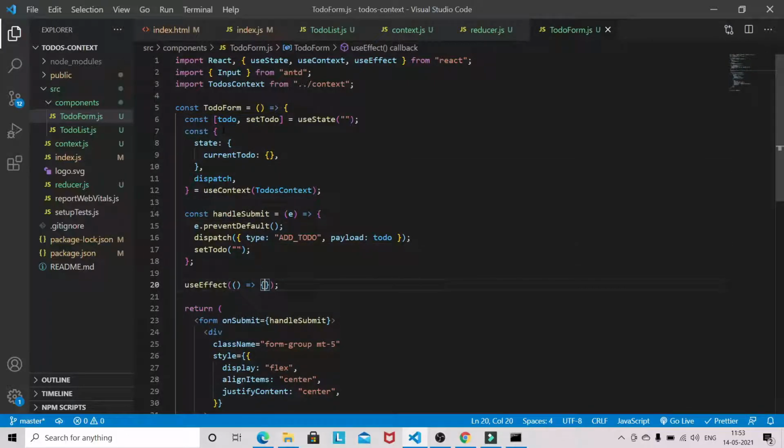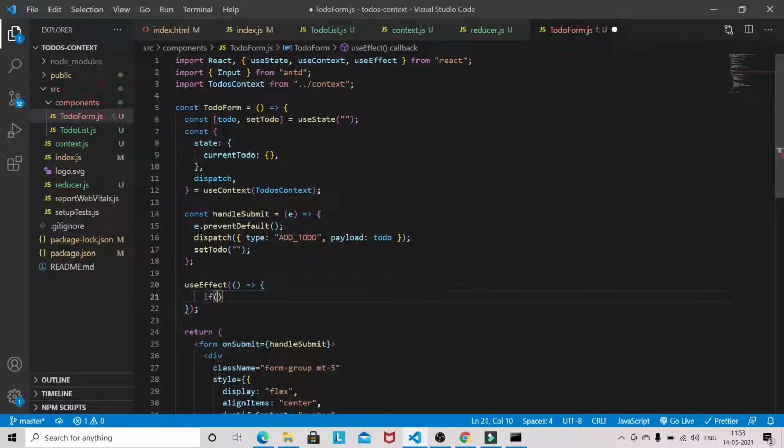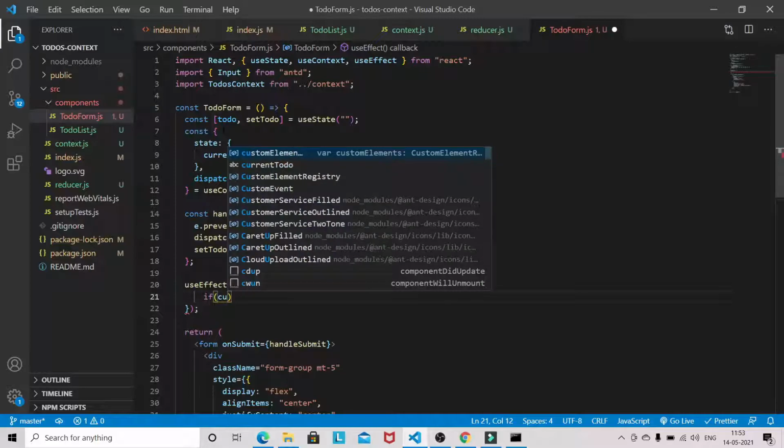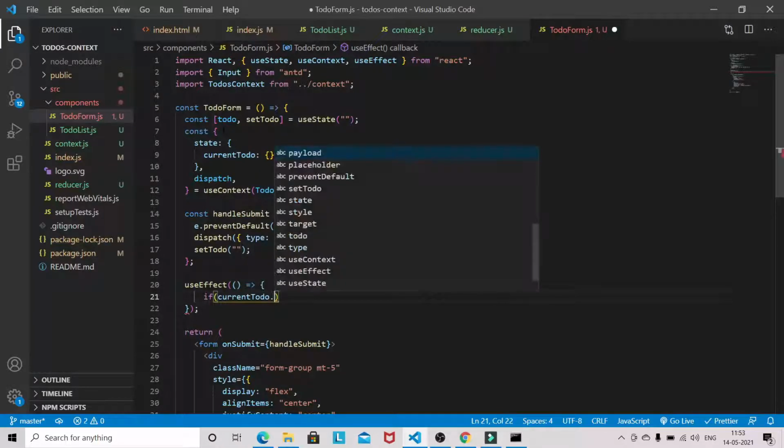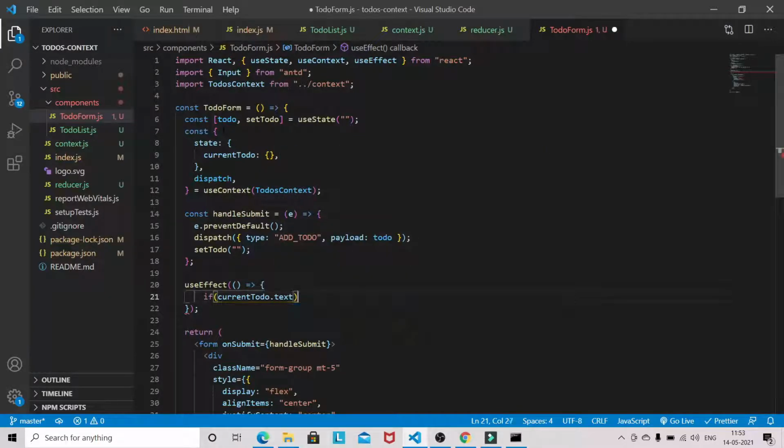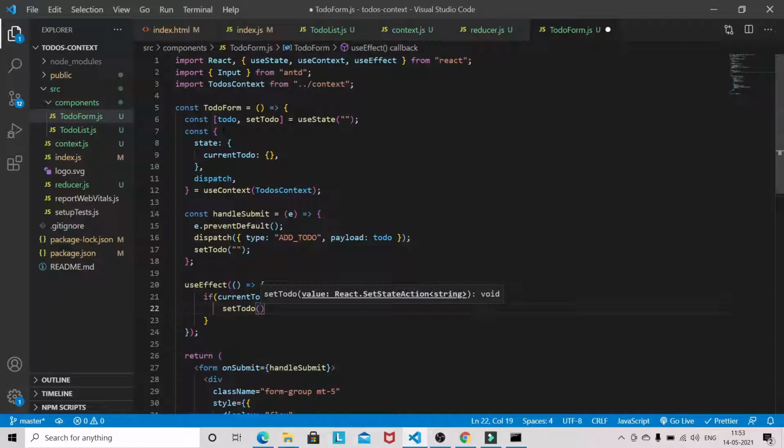So useEffect will be checking if currentTodo.text is there, then setTodo to currentTodo.text.